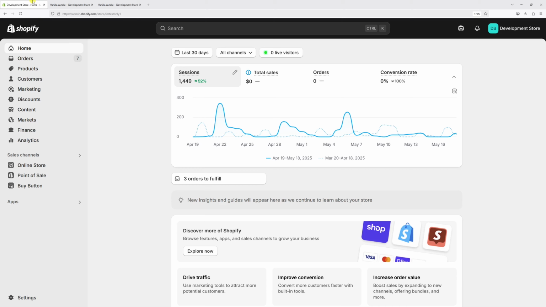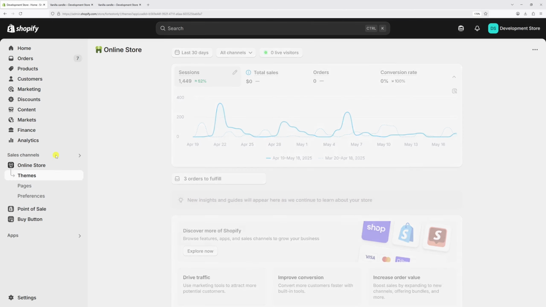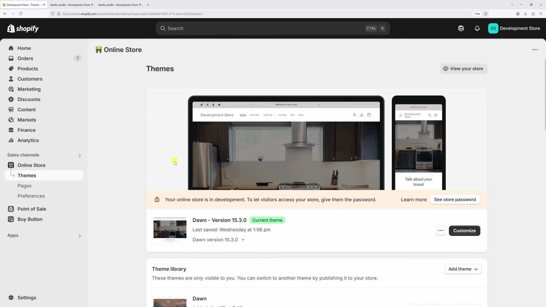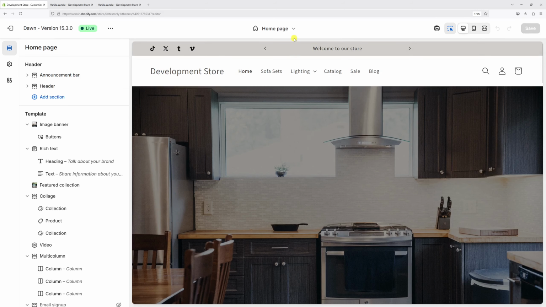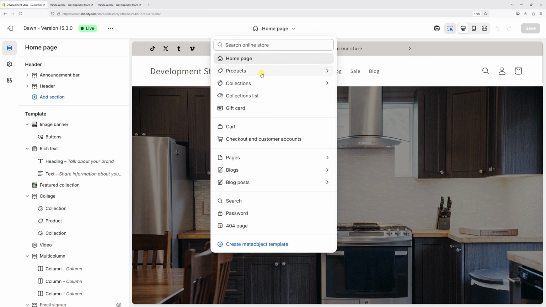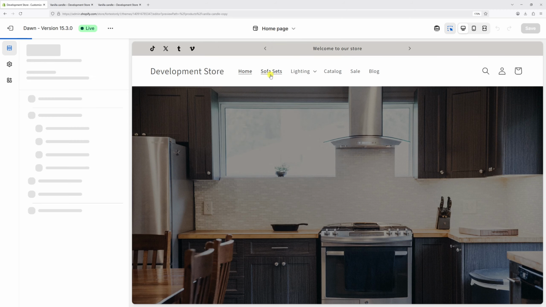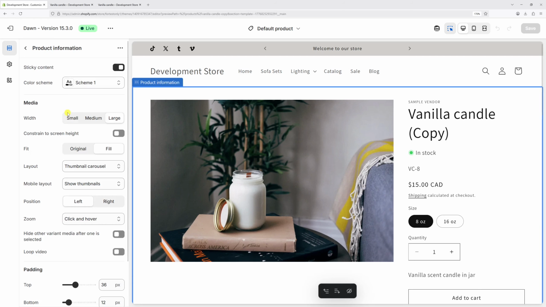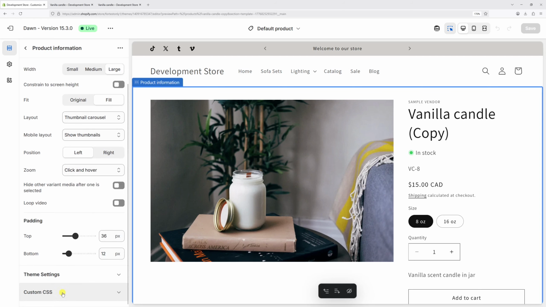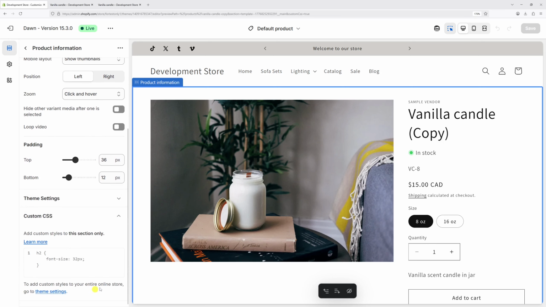Let's first log into Shopify admin account and then select online store. Now locate Dawn theme, then select customize. Once the editor loads at the very top, click on drop down and then select products, then click on default product. Then on the left under template, click on product information, scroll a bit down till you find the custom CSS section. We'll be adding the custom CSS rule right in here, but first let me go back to my